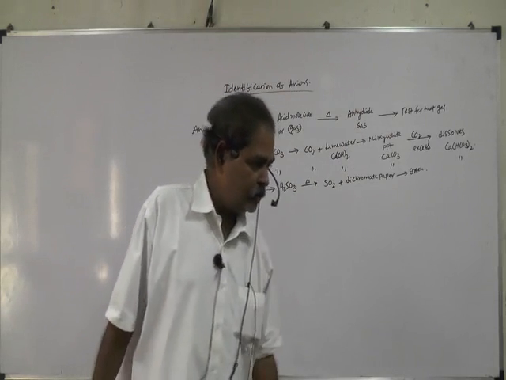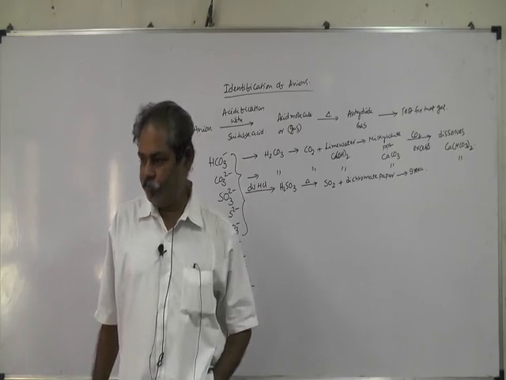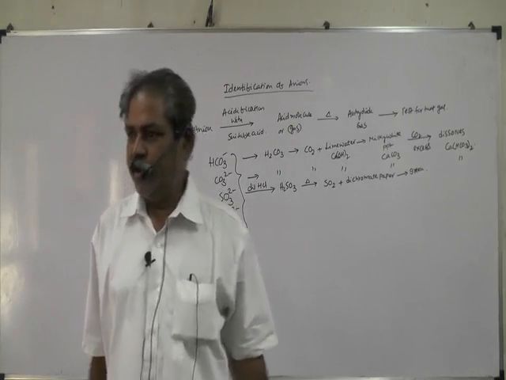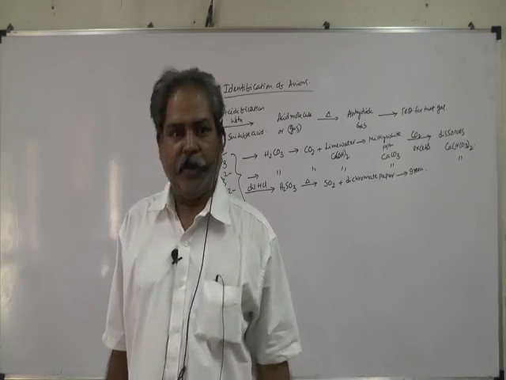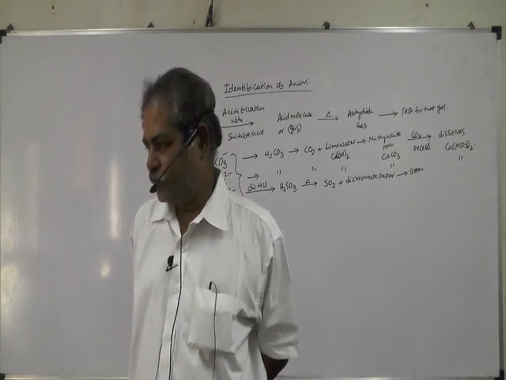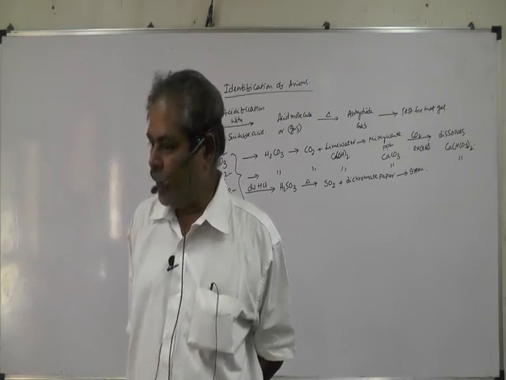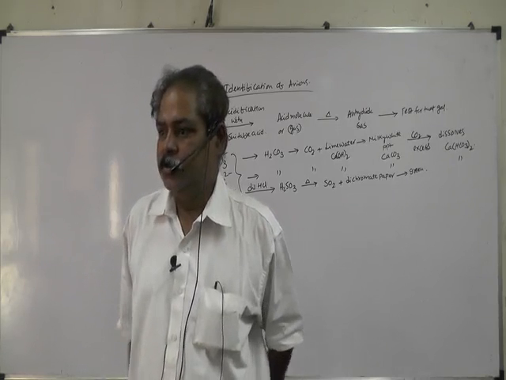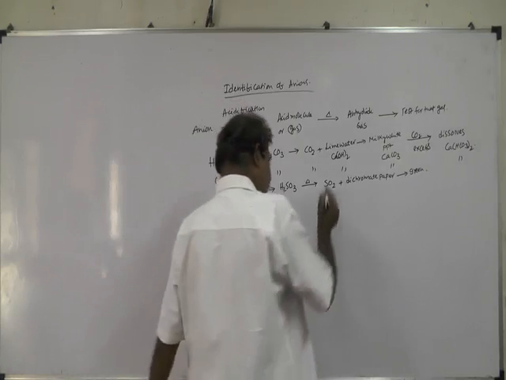There are many others who can do this job. For example, ferrous reduces dichromate to chromium 3+, which is green. Cyanide, bromide, iodide, but all of them are solids, my dear friends. Cyanide, you have to take potassium cyanide. Bromide, some bromide you have to take. Iodide. So, there are many which reduce dichromate, but the only gas that does is sulfur dioxide.